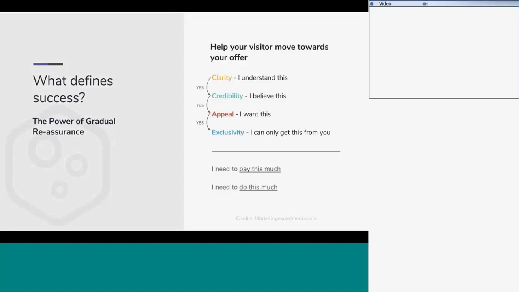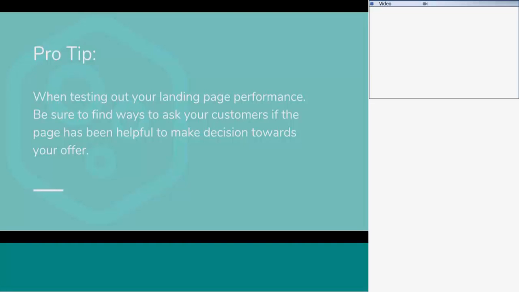And then the pro tip of the week is, when testing your landing page performance, be sure to find ways to ask your customers if the page has been helpful in making the decision towards your offer. So